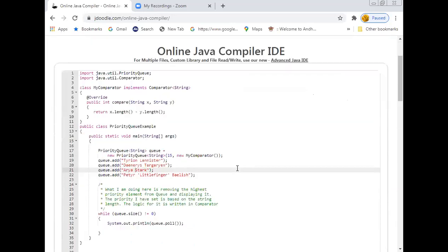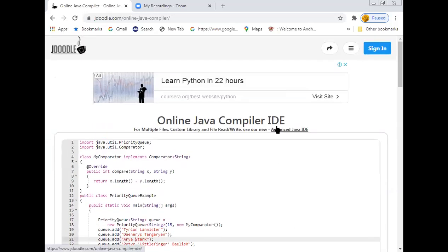So the queue, because it is an interface, is the reason any one of these two classes should be implemented, right? So I hope I am clear with the stacks and the queues, right? Any queries? So I'll stop here and we will discuss the set implementation and sets in the next class.